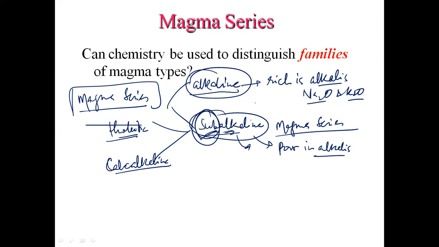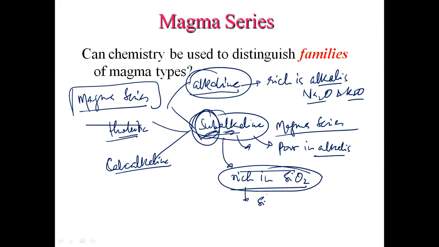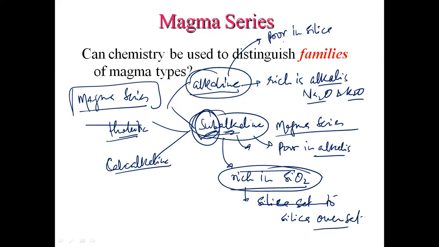Another important thing is that your subalkaline magma is rich in silica content. सिलिका कंटेंट में रिच होगा तो क्या बोलेंगे? सिलिका सैचुरेटेड टू ओवर सैचुरेटेड। और ये जो अल्कलाइन मैग्मा होता है ये सिलिका पुअर होता है, it is poor in silica. तो क्या लिखोगे इसको? सिलिका undersaturated. ठीक है,